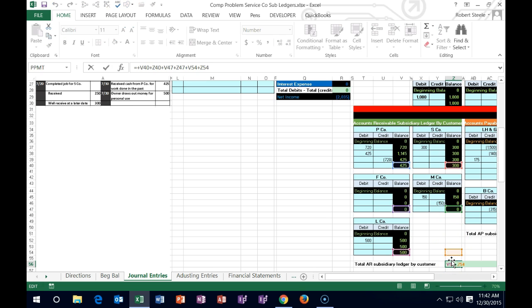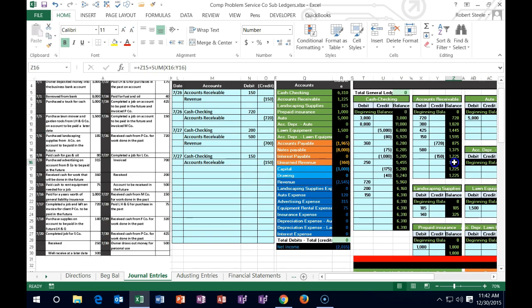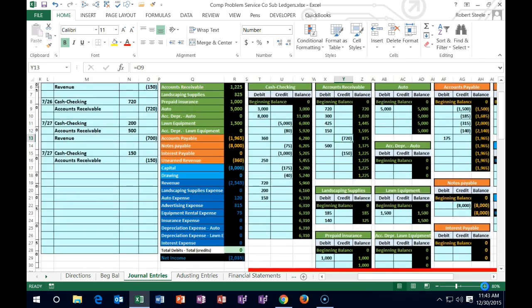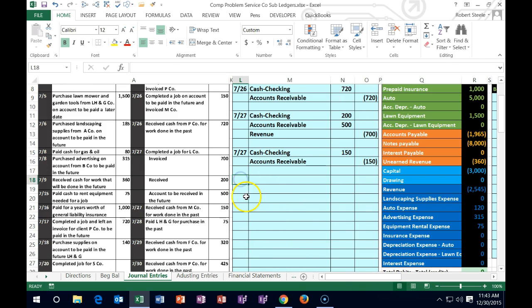And if we add that up, it ties out to 1,225 on the subsidiary ledger, ties out to the general ledger, ties out to the trial balance. We're looking good. We also see that trend here as well. There's the 150, there's the 150, there's the 720, there's the 720. We should be able to see that pattern in the receivable account. I'm going to make this a bit larger, back up to the 100%, scrolling over to the left, looking at the next transaction. We just posted that 150, so we're on